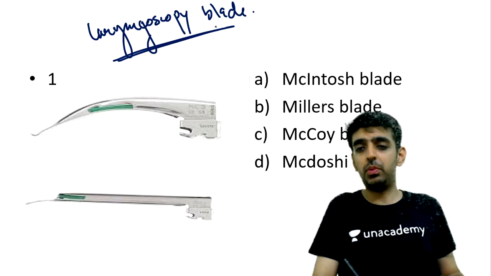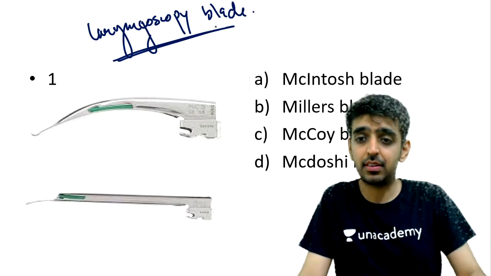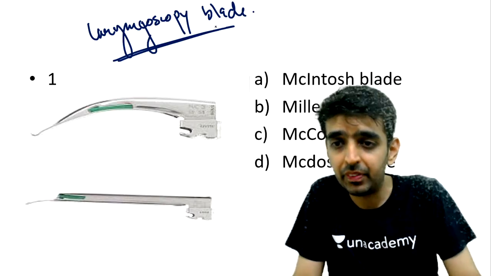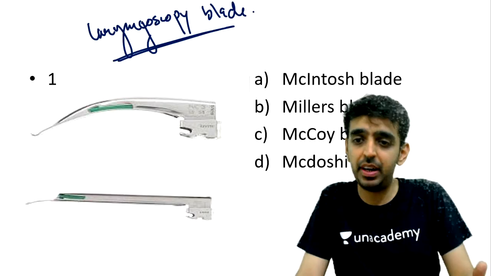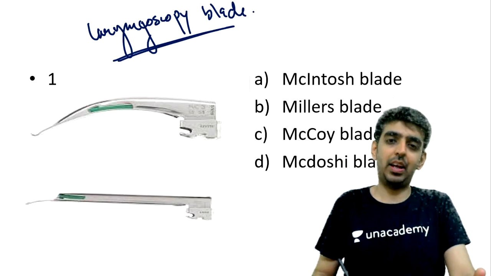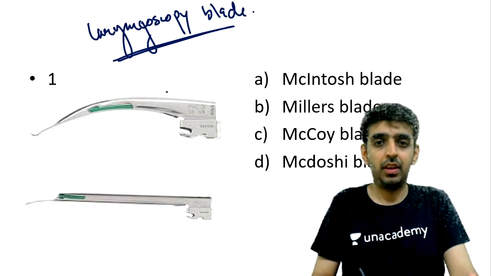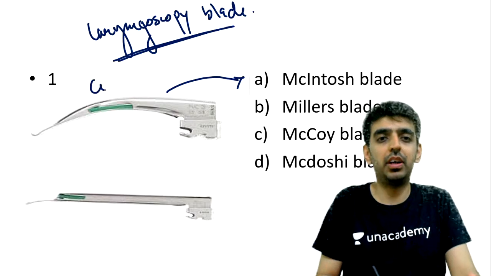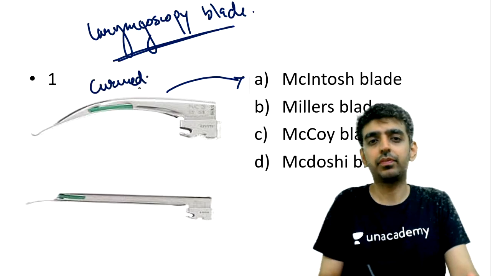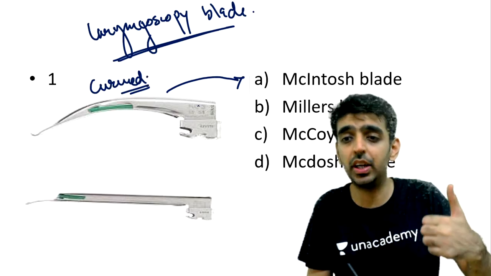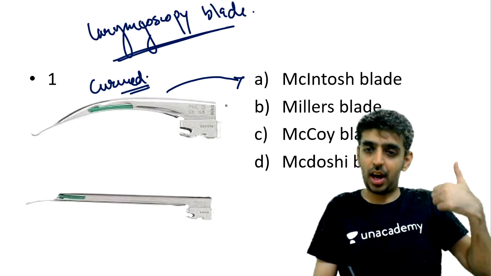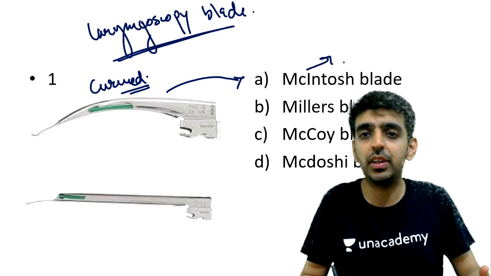What is the name of this blade and where it is used? Yes, exactly correct, people. Straight blade is Miller and one is Macintosh blade. Wonderful. One is nothing but a curved blade. Yes, this is a curved blade which is used in adults. Wonderful, people. So Macintosh blade is used in